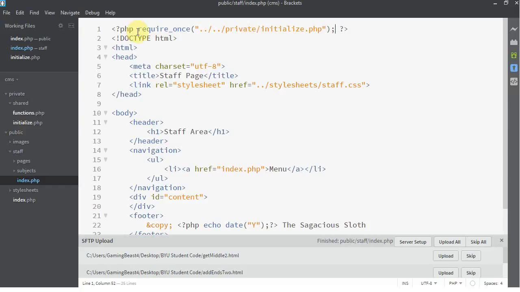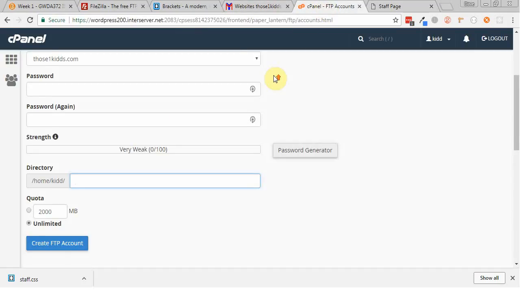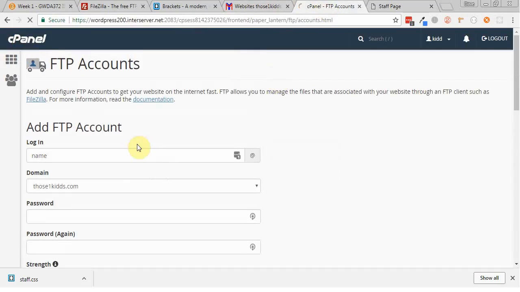Okay, and because I'm saying require, if it can't find this, it's gonna throw an error at me. And that being said, that's actually another thing I wanted to talk about. So if we go back to the cPanel,